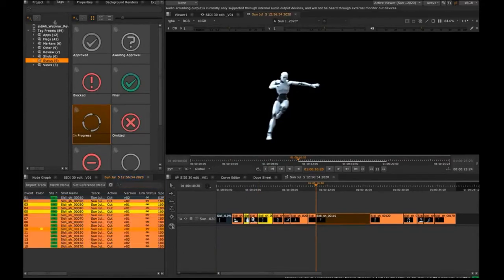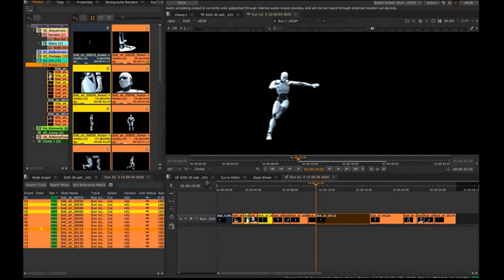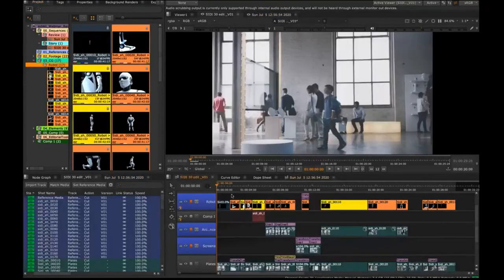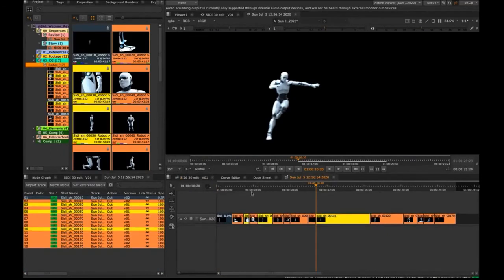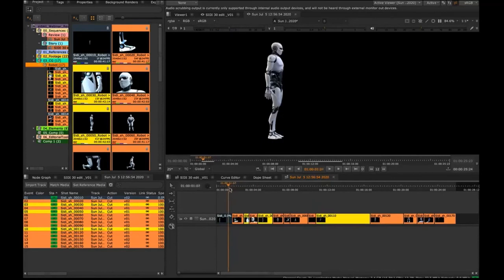So I'm going to clear that out, and now if I go back to my timeline, you can see my timeline as well has the colors attached to them. So it will be very easy for us to jump between the shots and find them in either of the two timelines and mark them as well. The last thing I want to do before we start the session with Ease is I'm gonna